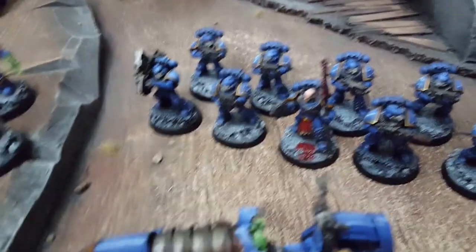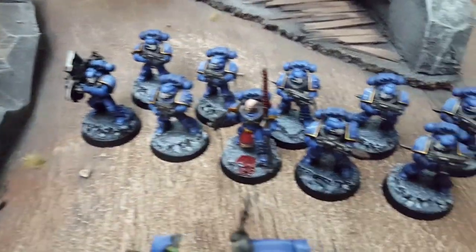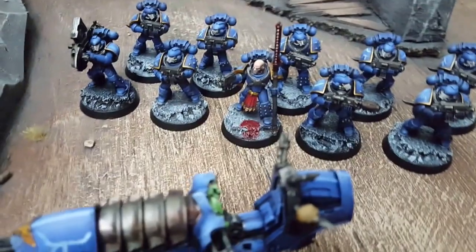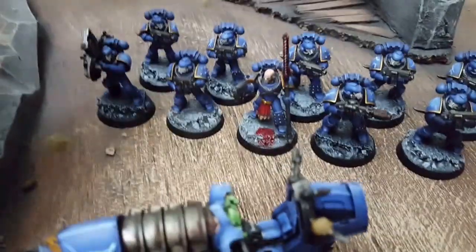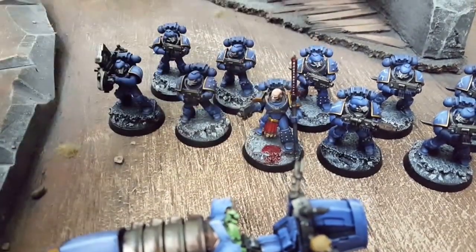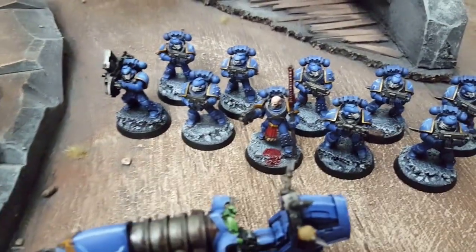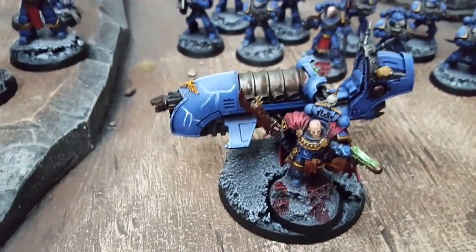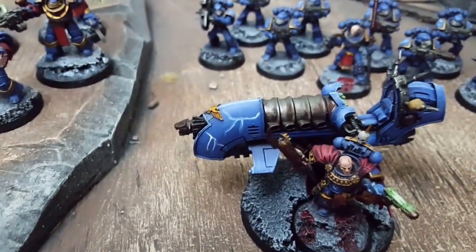The only difference here is I added a missile launcher and a melter gun because I'm running them instead of a terror squad. They're a veteran squad. I need to fix up their bases a little bit because you can see they're a little bit darker than their brothers. And then the HQ, obviously, he was around as well, but I added this jet bike